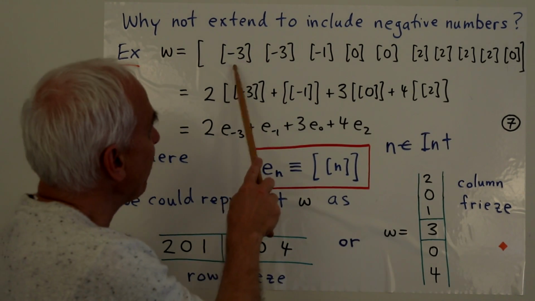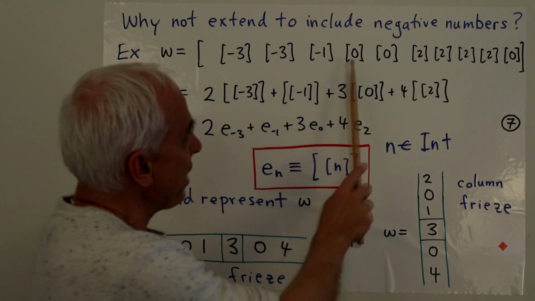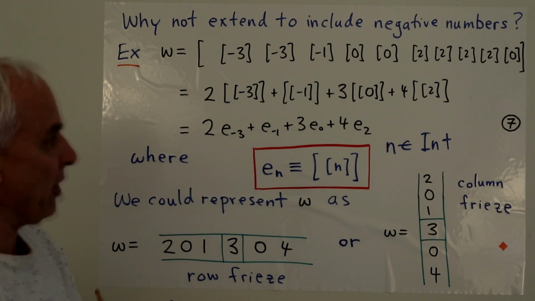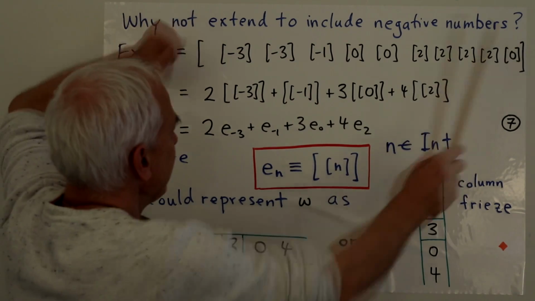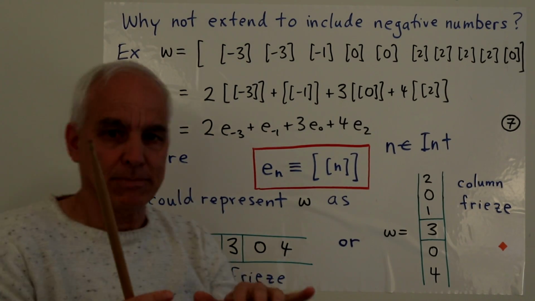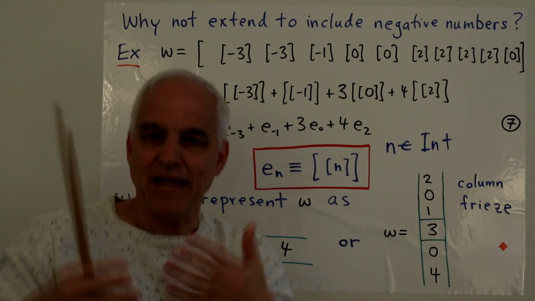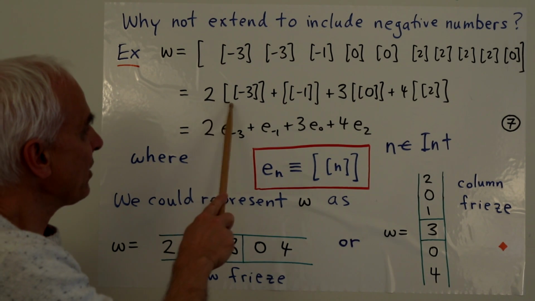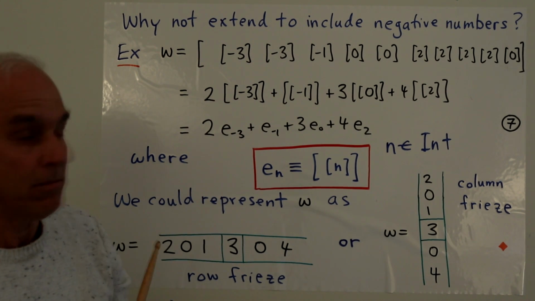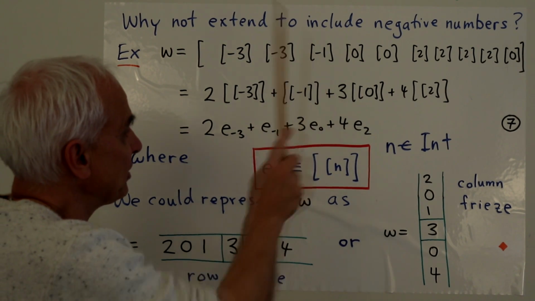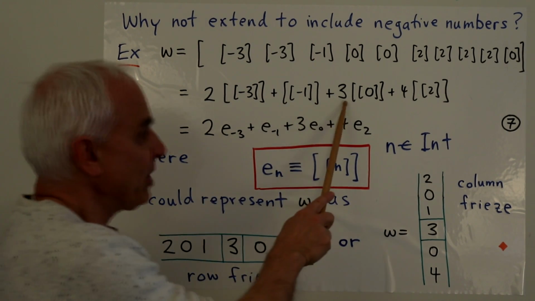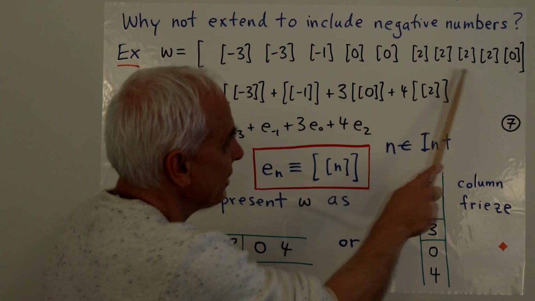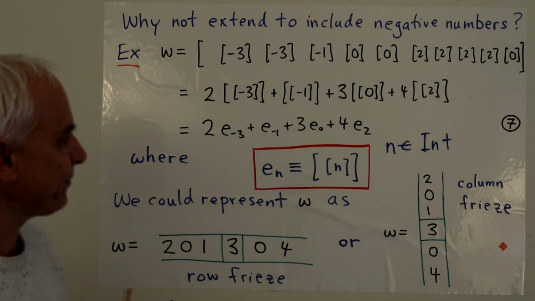So this one here has a couple of singletons of -3. There's a -1, a couple of zeros, four number 2s, and there's another 0 over there because things are not really ordered. Now this multiset, I remind you, can be expressed sometimes more efficiently by using multiset ideas of arithmetic with multisets. So we can think of it as being 2 times the multiset consisting of the singleton -3 plus the multiset consisting of the singleton -1, 3 times the multiset consisting of the singleton 0 plus 4 times the multiset consisting of the singleton 2.